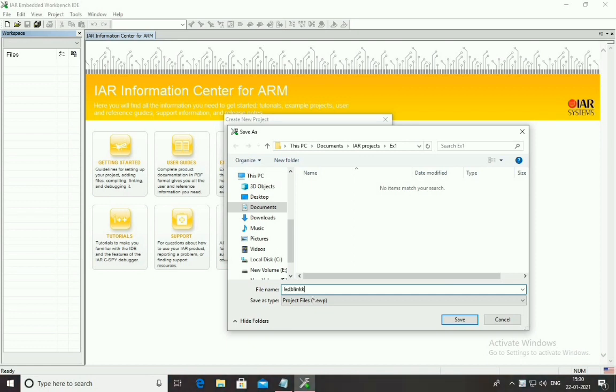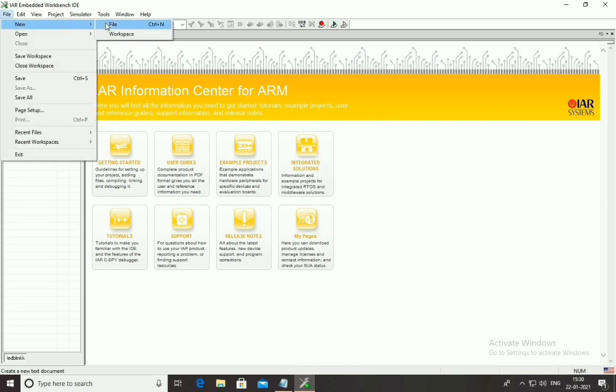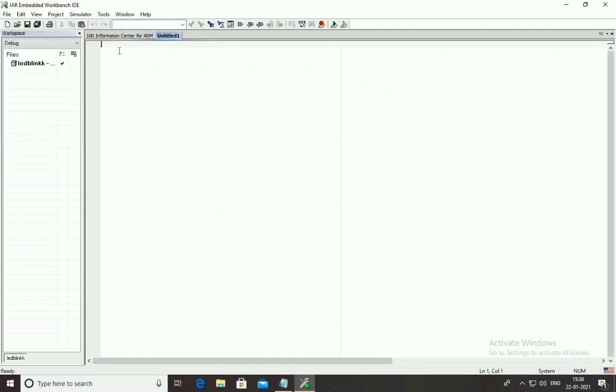So select a folder to save all these project files, save, then create a new file where you have to type the program. So first type the header files,